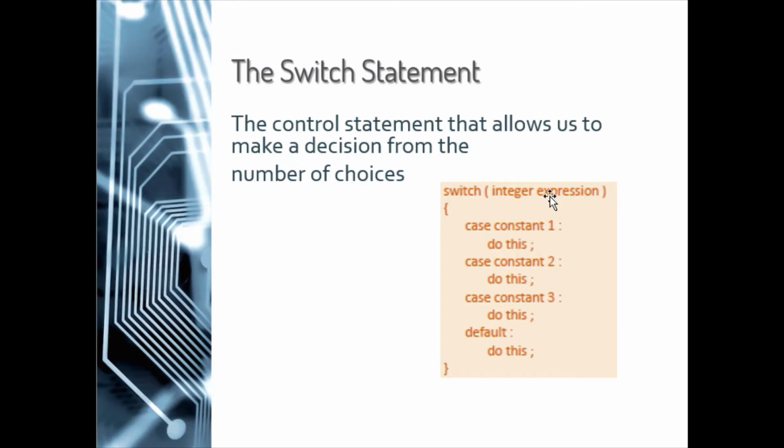I will give an example later. And then the open and close braces, no? Switch requires open and close braces because it has multiple blocks inside. Okay, switch cannot have just one block or just one line of code inside. Okay. So inside the block of code of switch, inside its curly braces, we have constants,